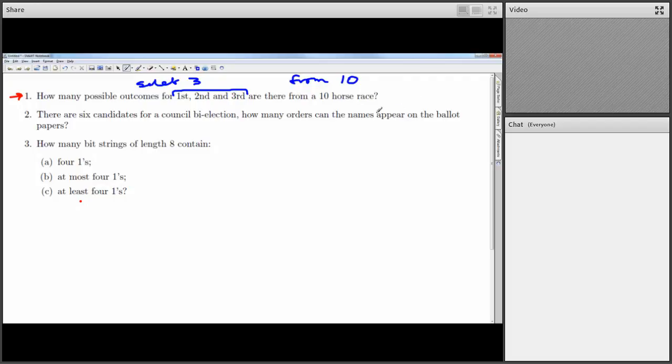So the questions I have then is, is there an order to it? And you go, well, if you're picking first, second, third, yes, there's an order. So order is important here, which really does tell you what it's going to be. And the second thing is when I pick the horses, the same horse can't come first, second, and third. You can't just have repeats. So there's no repeats. So this is without replacement is my fancy way of saying it.